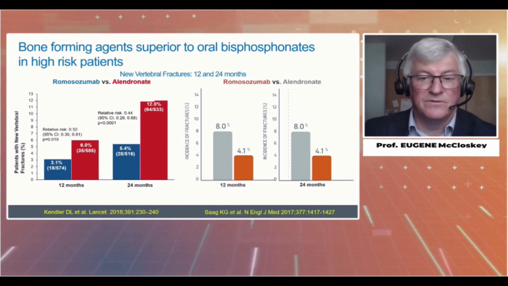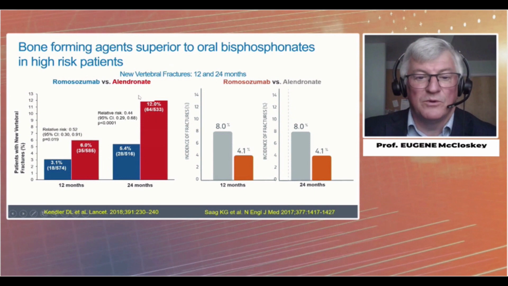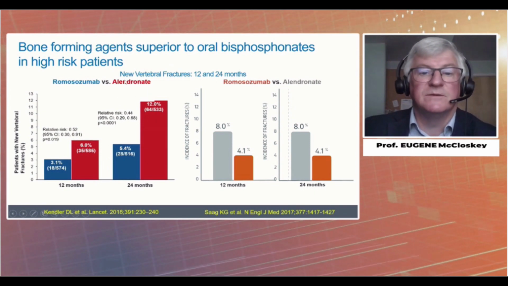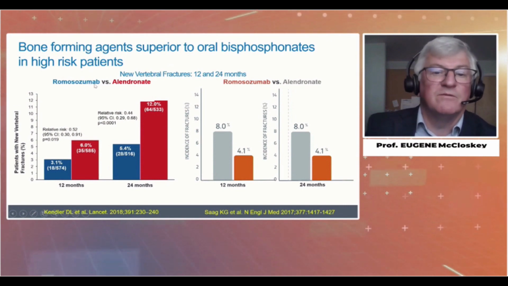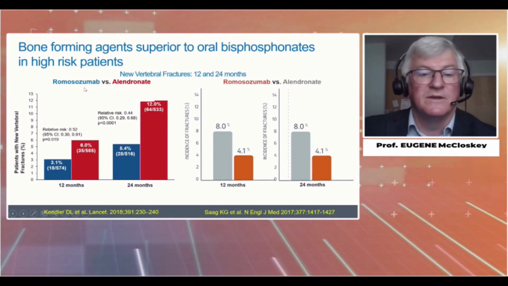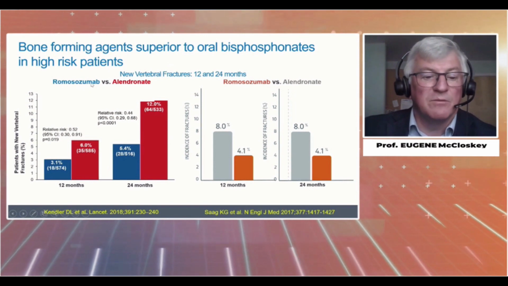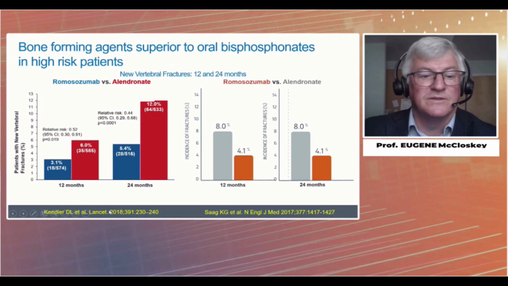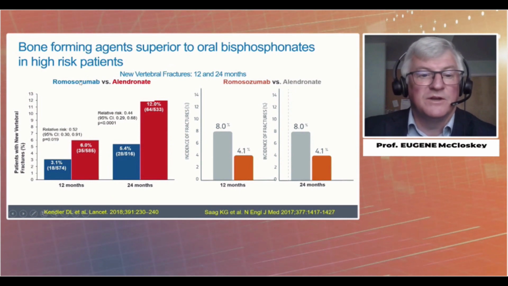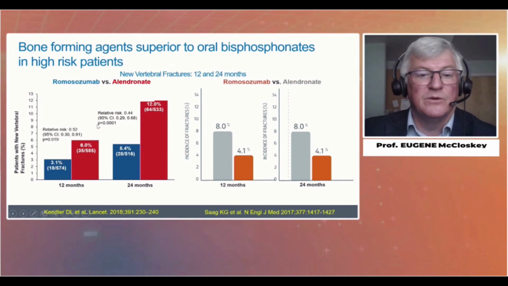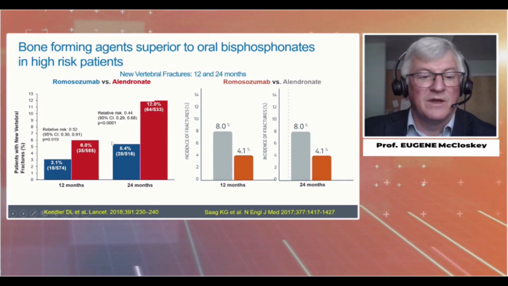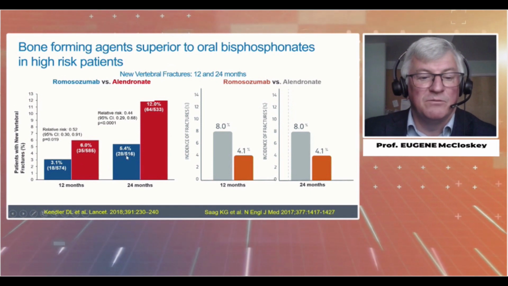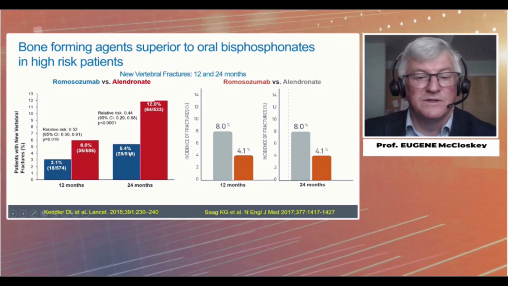And the two studies that really have changed this thought process were the studies, on the left here, this is a mistake. This is not romosozumab versus alendronate. This is teriparatide versus risedronate. So my apologies for the mistake there. It's from the paper from David Kendler and colleagues in The Lancet in 2018. And if you concentrate on this one, this is teriparatide in blue, risedronate in red. And you can see that in this high-risk population, teriparatide showed a greater, more rapid reduction in vertebral fractures than